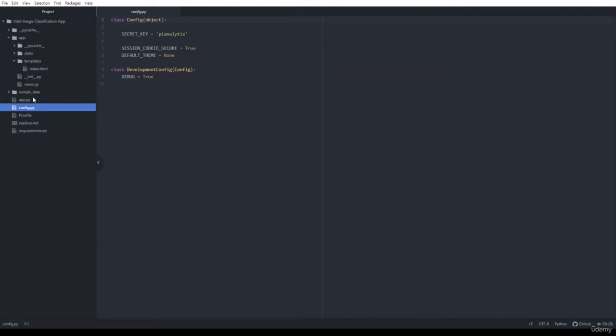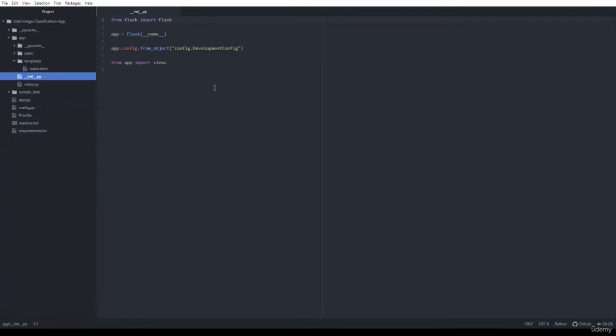After that, let us see the app.py file. So this is the app.py file. In the app.py file, you can see that we have defined the main function, and whenever the main is called, the app will run. So this is to run the app. Next, let me show you the init.py file.